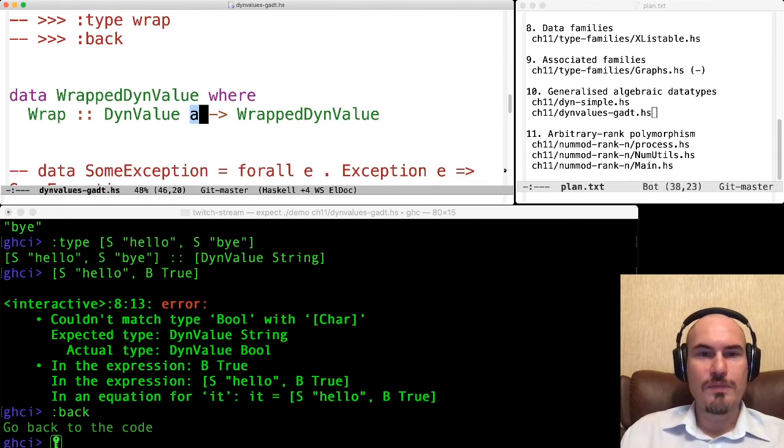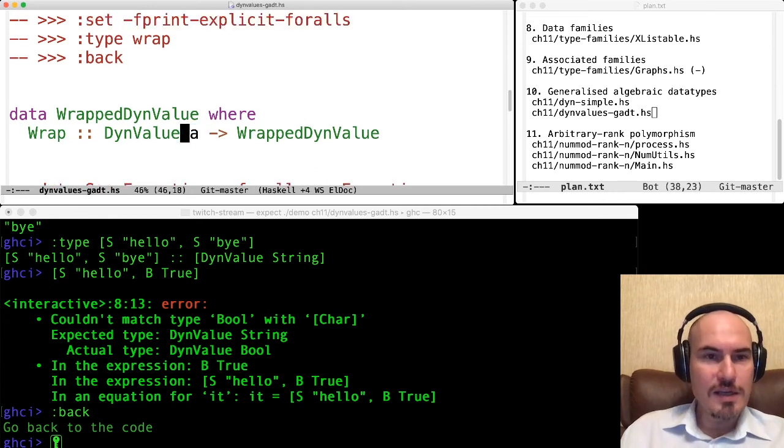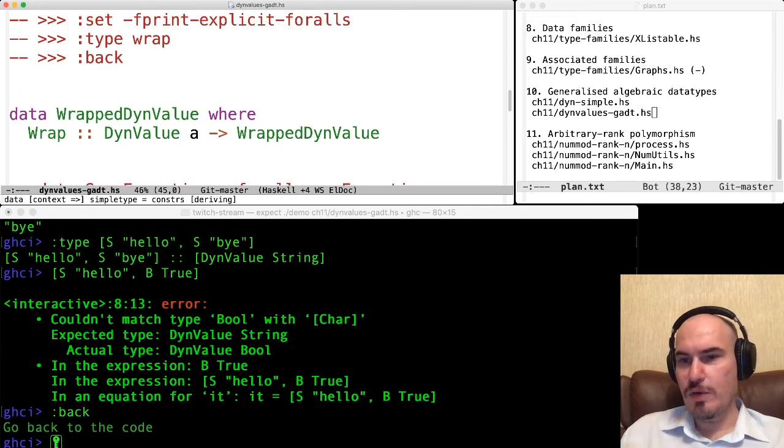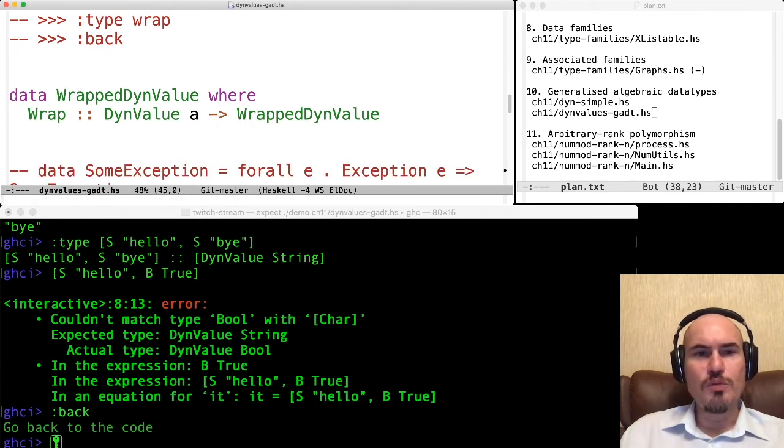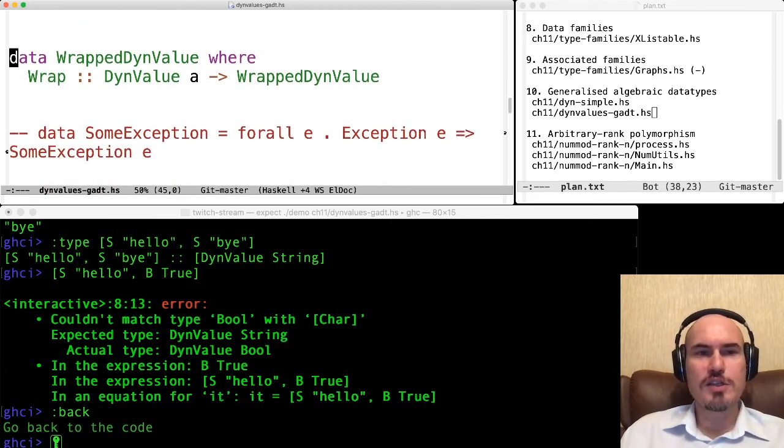Now, this technique is very old, and I have a remark about existentials in Haskell. In fact, we don't need existentials anymore. We have had them forever in Haskell, and you may have heard about the exceptions type in Haskell.